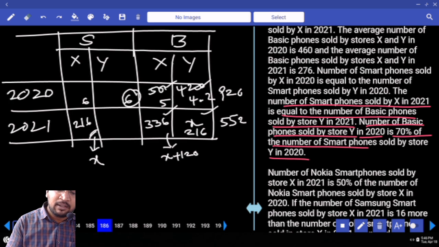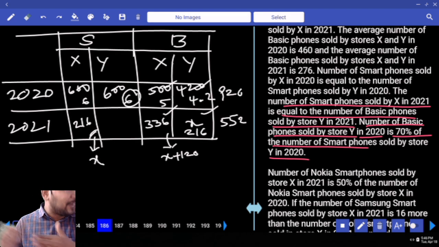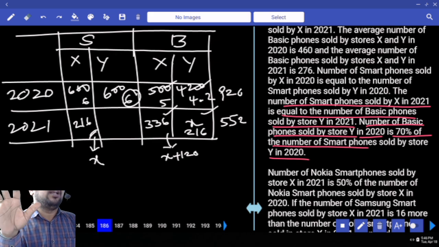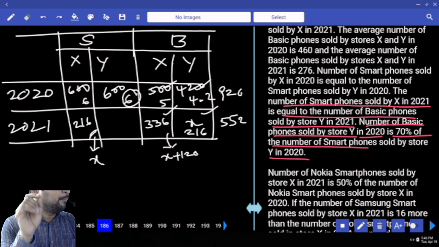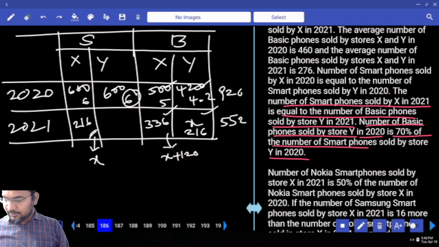So 6 parts is nothing but 504. All of it clear? We know all the data, so don't wait to fill this one. If it is required, then we will see. This data is missing, we will see where it is. Sometimes they give missed data only. So no need to fill. If a question is there, then we will see. Okay?